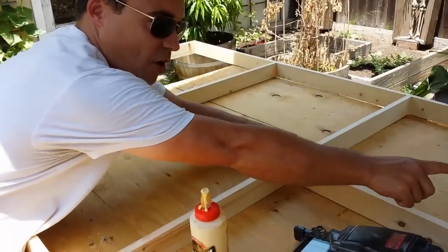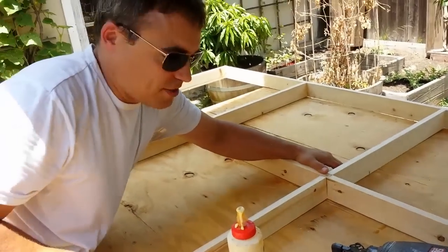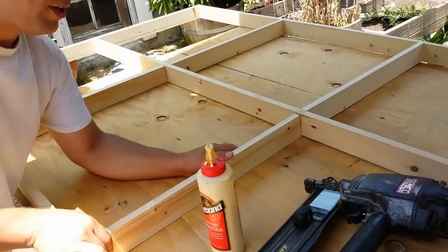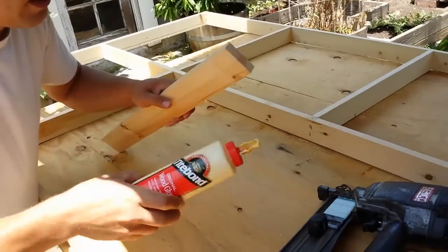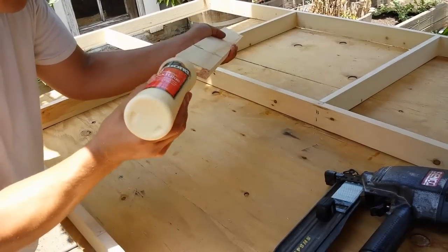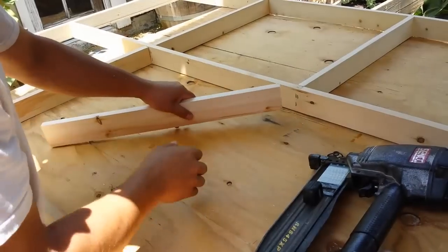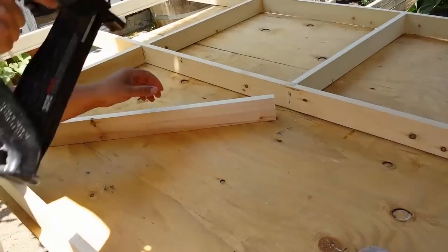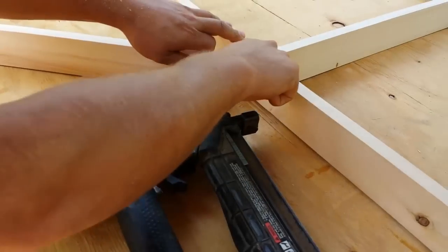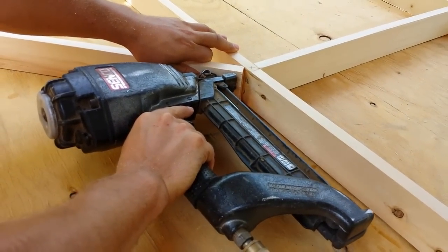Alright, so I have all this side finished. I've wiped off some of the excess glue. Now I'm moving on to this side. Now these ones are a little bit trickier, but let me show you. Get some glue on here. Now since I can't use a staple gun to that side, typically what I do is I hold it at an angle, lined up with the other corner of that side. I'll shoot 2 staples in,